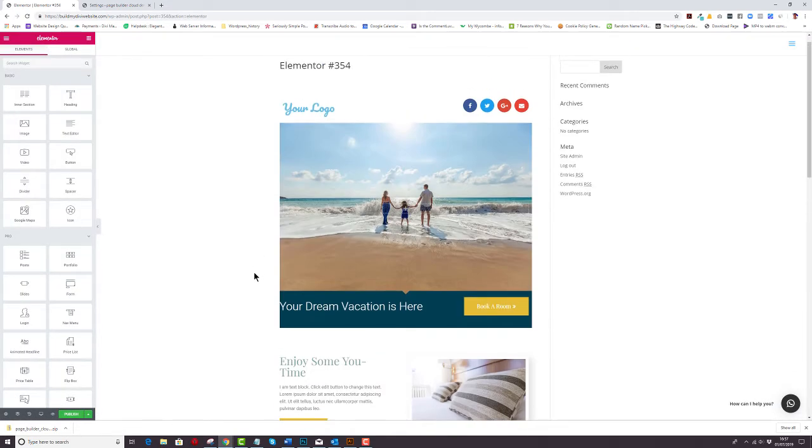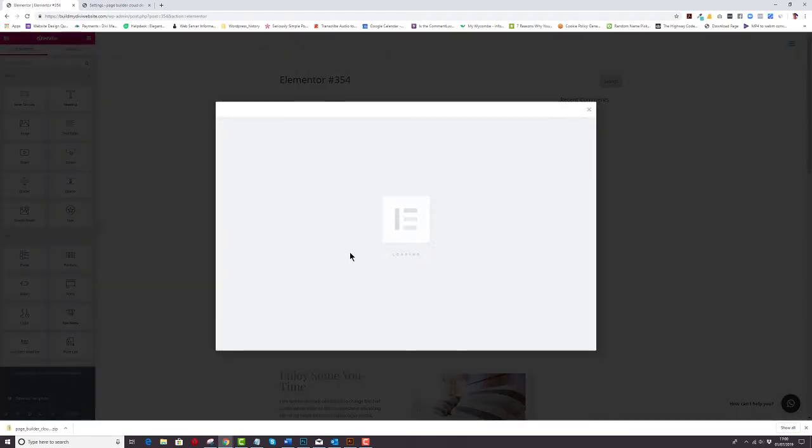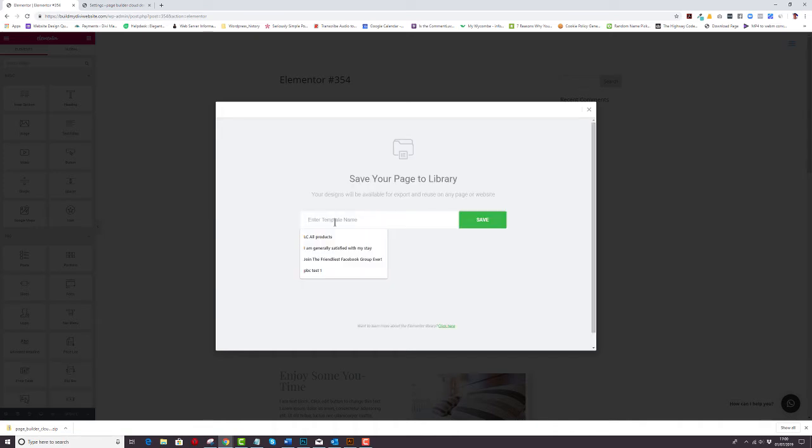And this is an Elementor page and we want to save this as our own page. So we'll publish this. So how do we save this to the cloud? With Elementor it's very easy. You just go to Save Options, Save as a Template, save the page, let's call it 354,